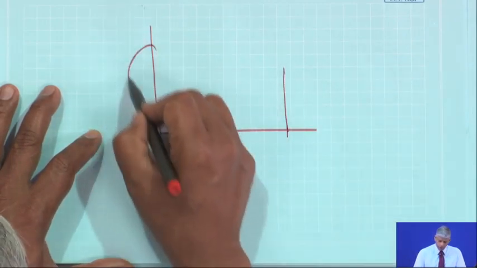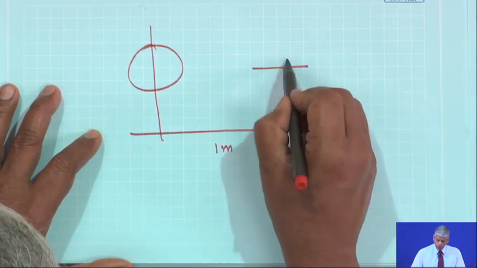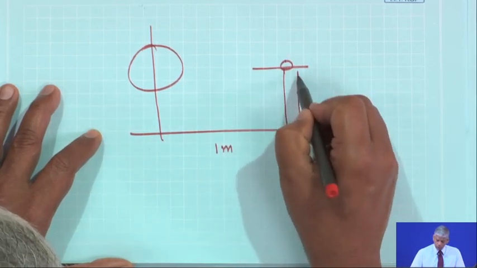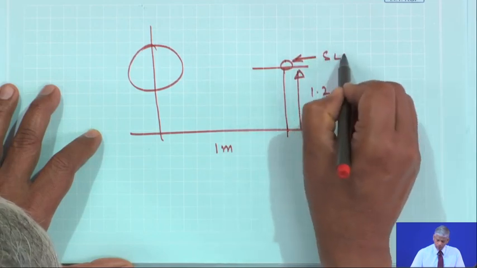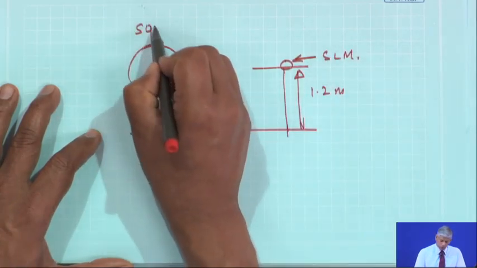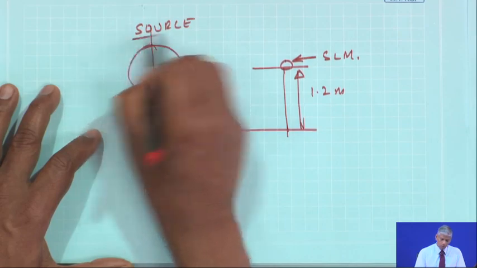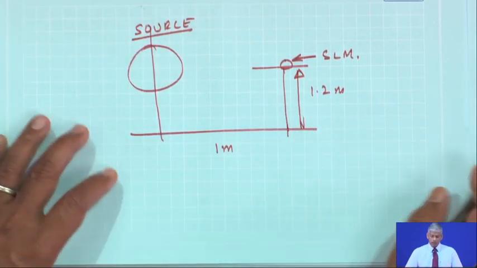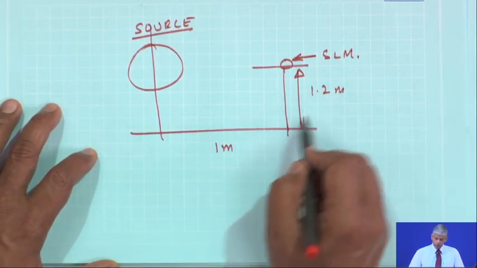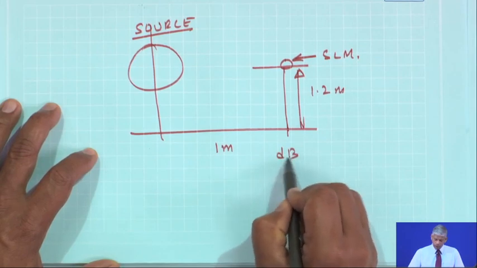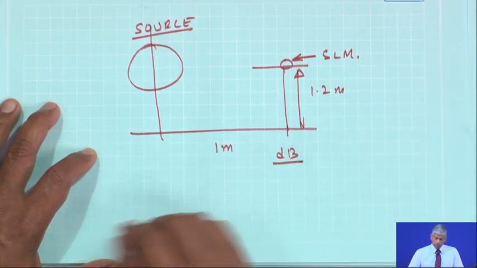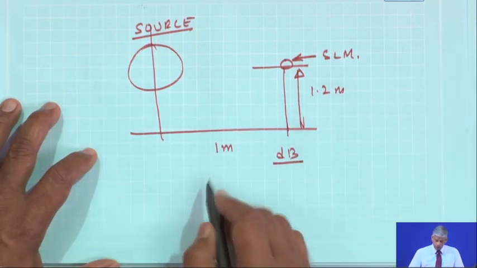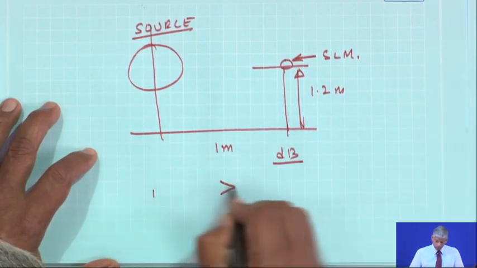This is my machine in a free field environment, this is about 1.2 meter, this is your SLM, and this is your source. You have to measure the SPL in dB, or dBA, which I am going to come to, and of course the background